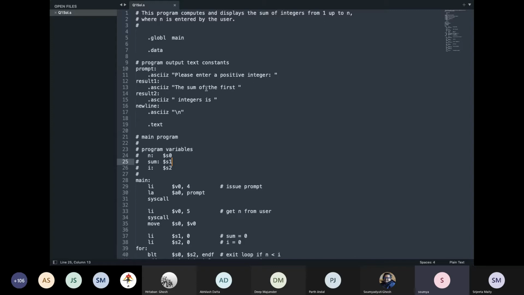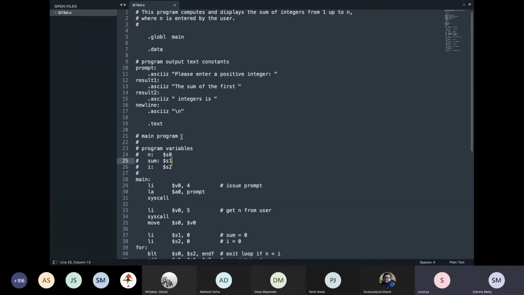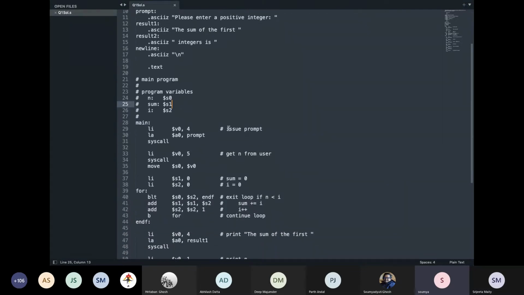And then inside the text segment, you have the main program. In the main program, first thing you are doing is you are having a syscall, right? And with the syscall, as you can see, before the syscall, you are setting v0 to 4. With v0 equal to 4, if you remember, when we had been discussing, that puts it in the print string mode. When I showed you that previous instruction set, those are the different parameters. So when I want to print a string, then this register needs to store a value of 4, right? So that's what is getting done.